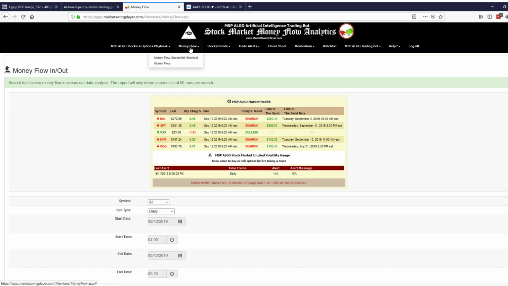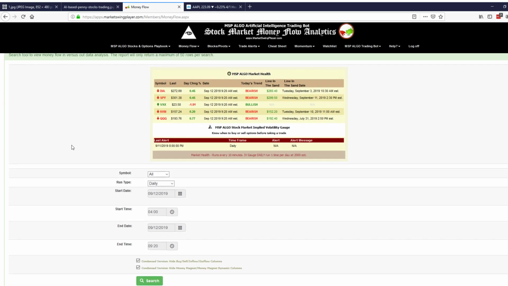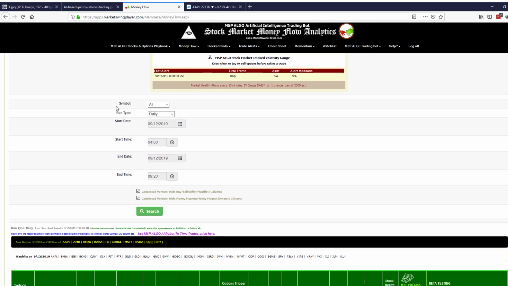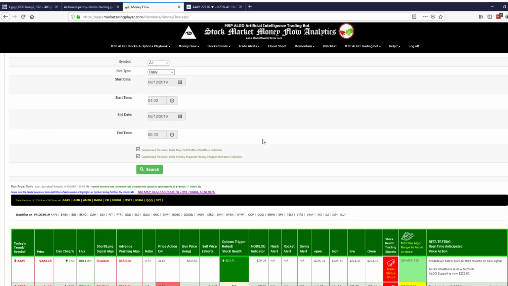So I click on the money flow menu and I see money flow. I'm backtesting this, and we have the symbol, the run type, start date, start time, end date, end time. So I'm looking at the daily view. Give me all symbols on the 12th, and market open at 0400, and this scan was supposed to be right before the market open at 0920. Okay,